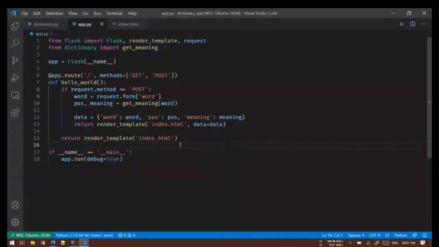Another thing is, whenever you start with something, it's very important to have a basic understanding of some terms that are used in that domain. For example, here I'm saying this is a route, this is a view, this method will be called, these are request methods, and then this is response, this is request, and all this render template, then index.html. So having some basic understanding of all these things will help you understand it better.